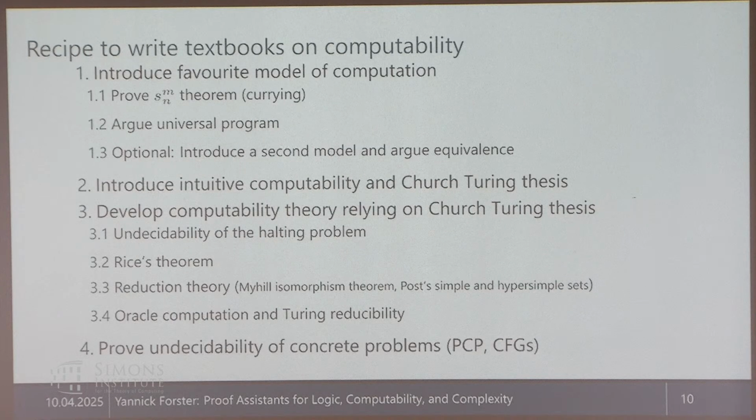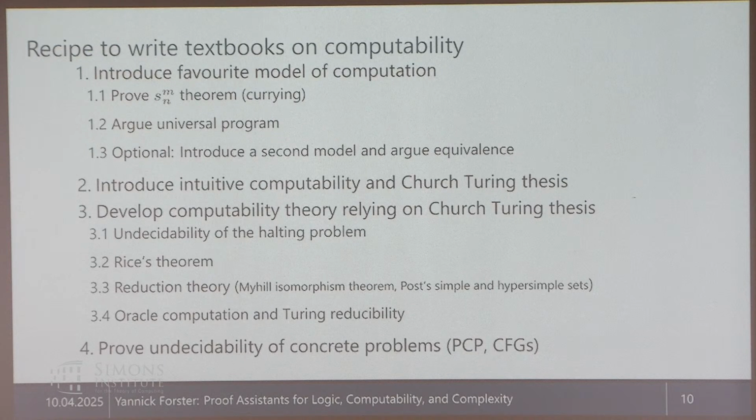Right. You can see it by looking at a recipe for how to write textbooks on computability. No matter which textbooks, they're all written more or less in the same style, with more or less the same content. Authors introduce their favorite model of computation: Turing machines, lambda calculus, recursive functions, the while language, something like this. They're probably going to prove the SMN theorem, which in modern terminology is called currying in functional programming languages. They're going to hand-wave a universal program, saying there's a universal Turing machine and it looks kind of like this, but they're not going to go into the details, maybe giving the full construction, but no actual proof that this is a universal program. And then maybe they introduce a second model and prove the equivalence of, say, Turing machines and recursive functions, more or less in all books.